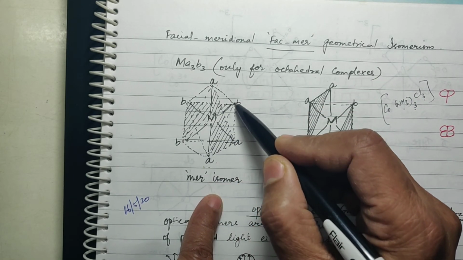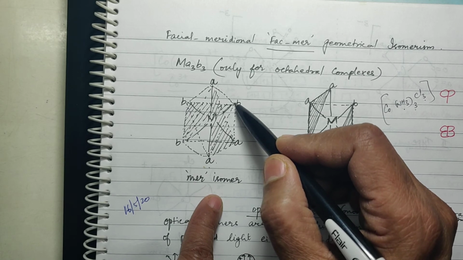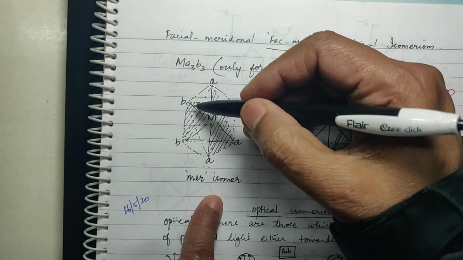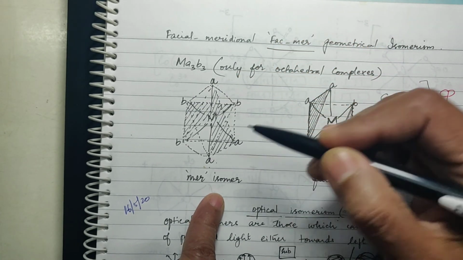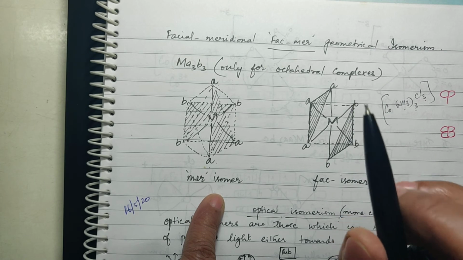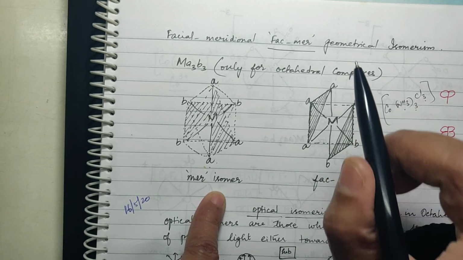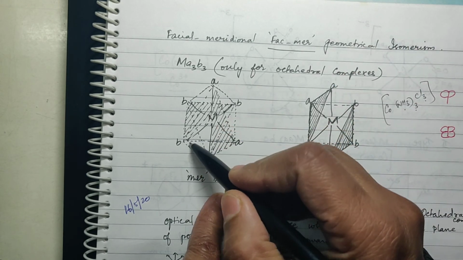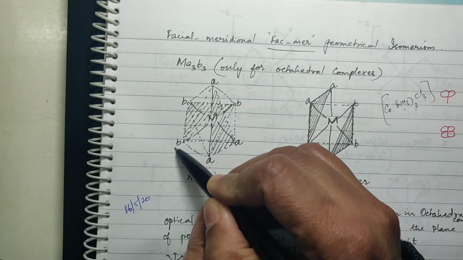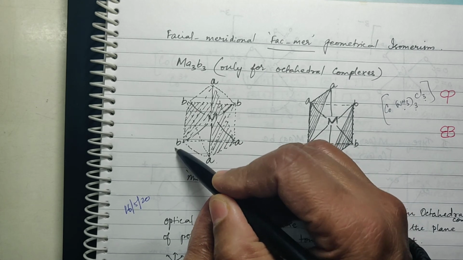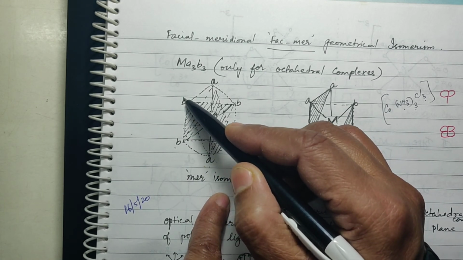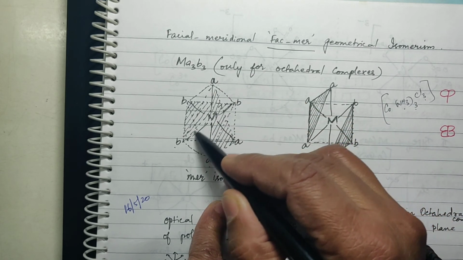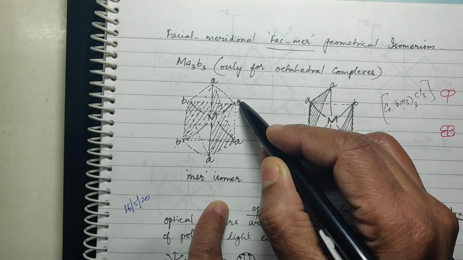see, this is a meridian, the line joining through the center metal. This is again a meridian. This is again a meridian. Okay. Now if the ligands of the same type are at the corners of a single meridian, say this is a meridian, you are having B, B, both are of the same kind, and another you may attach here. You may attach here or you may also attach here, but it should occupy one meridian. 2 of them should occupy a meridian.